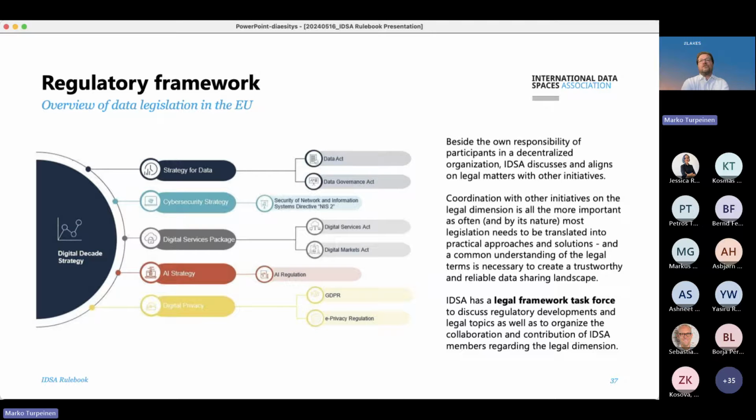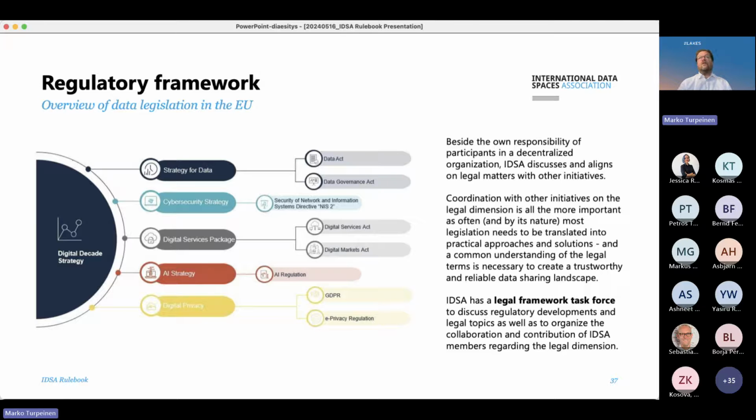Which brings me to the legal dimension. Of course, there is the whole story of the regulatory framework, and that's obviously in rapid change now, with lots of new regulations coming in from the EU. There's the Data Act, the Data Governance Act, the AI Act, and so forth. The data space community needs to be aware of these and reflect them in their operations, and make sure that the overall principles we have in our data space activities are aligned with what the regulation is